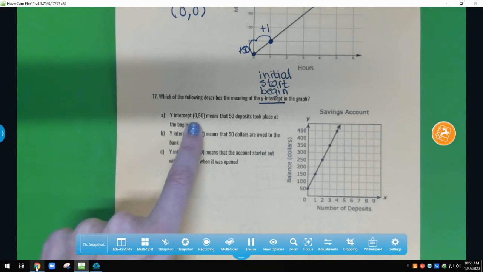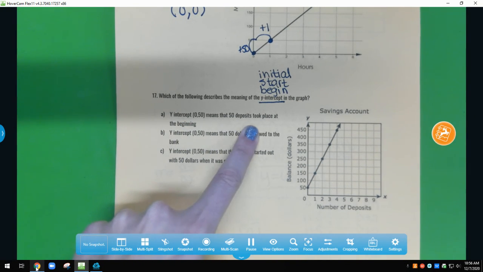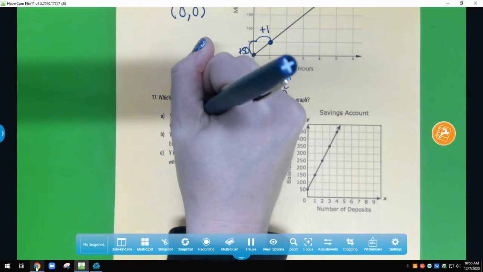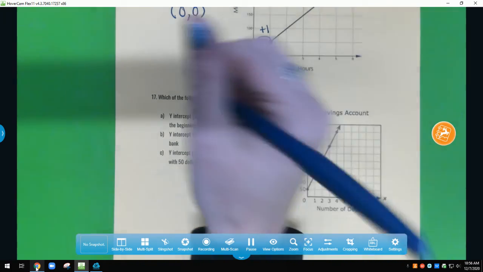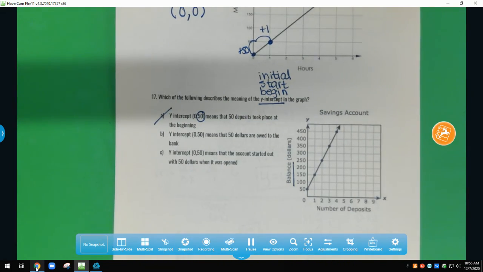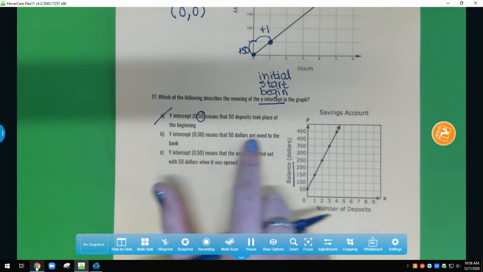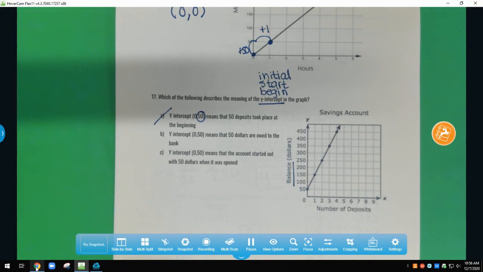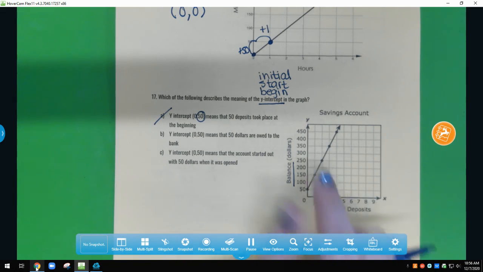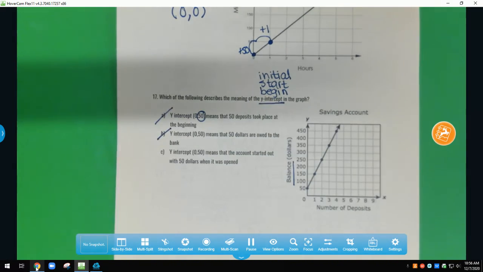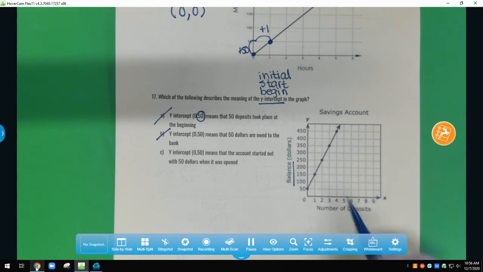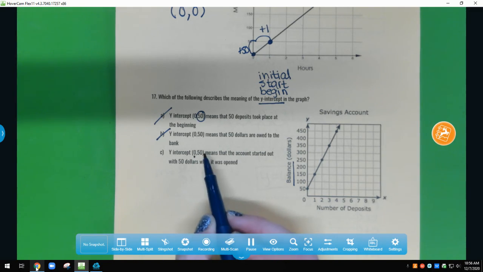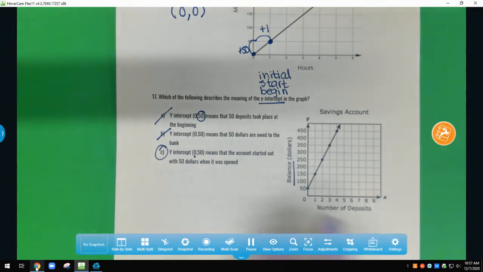So it says y-intercept 0, 50 means that 50 deposits took place. So if we look at the y, y isn't deposits, y is balance. So the 50 is not representing deposits. So that's why A is wrong. 0, 50 means that $50 are owed to the bank. Since we're talking about a savings account, you're not going to owe the bank any money. 0, 50 means the account started out with $50 when it was opened. So before we made any deposits, we started with $50. That would be answer choice